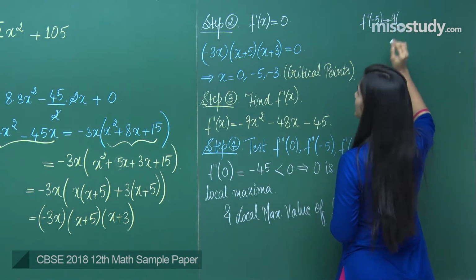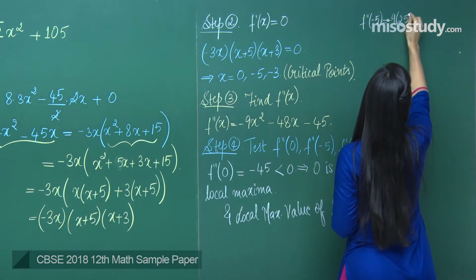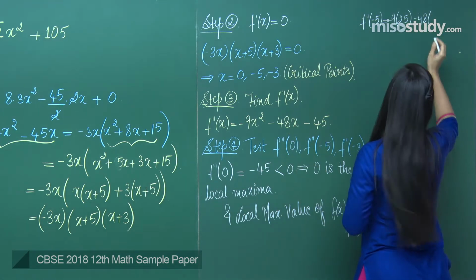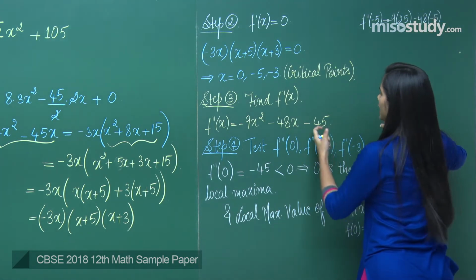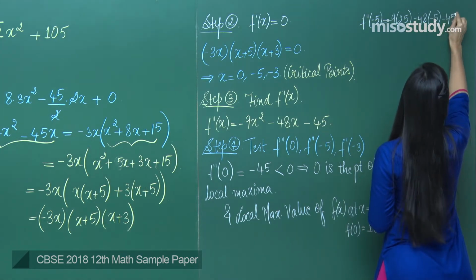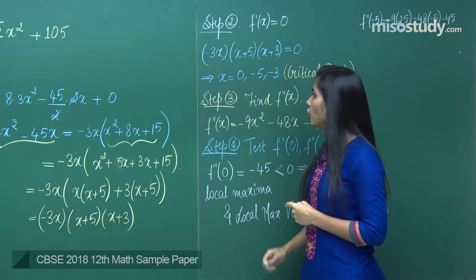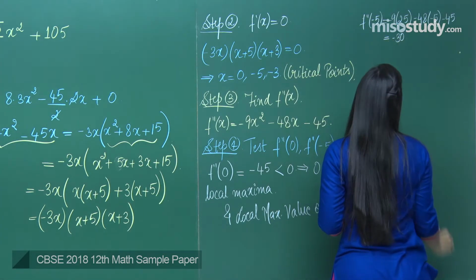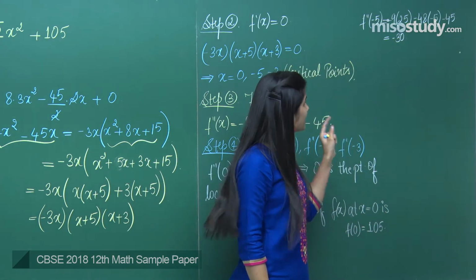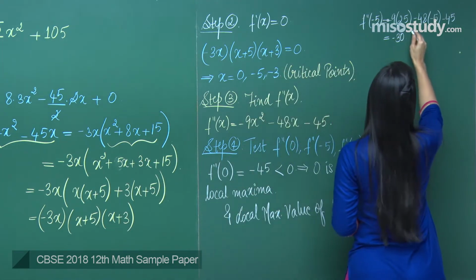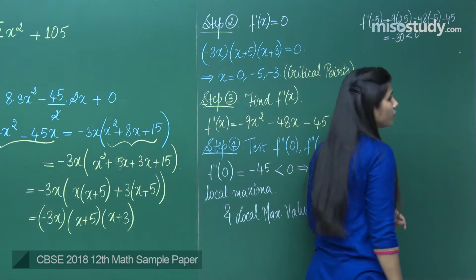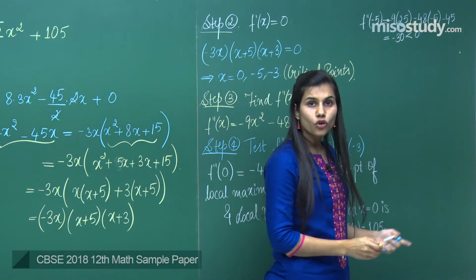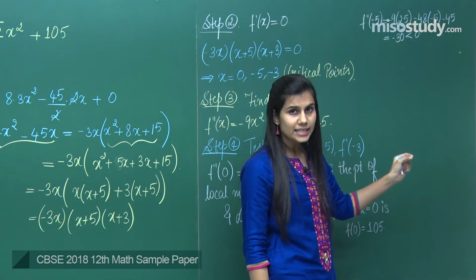9 into minus 9 into minus 5 square, which is 25, minus 48 into minus 5, and you have a minus 45. Once you have this, you find this is coming out to be minus 30. Once this has come out to be minus 30, this means it is less than 0, isn't it? This is less than 0 means what? When f double dash of x naught is less than 0, that means that x naught is a point of